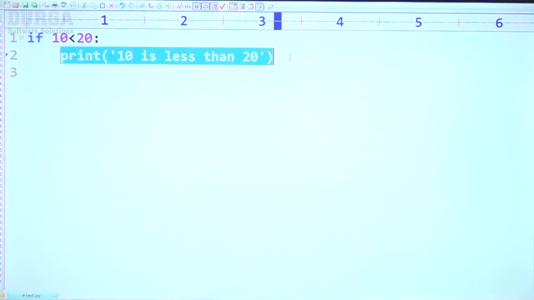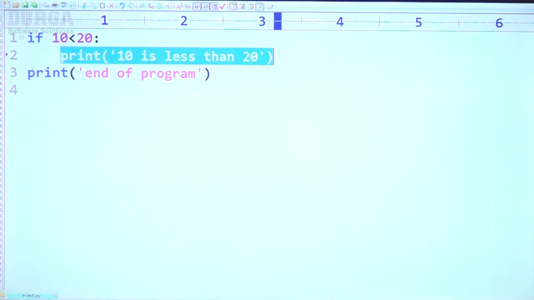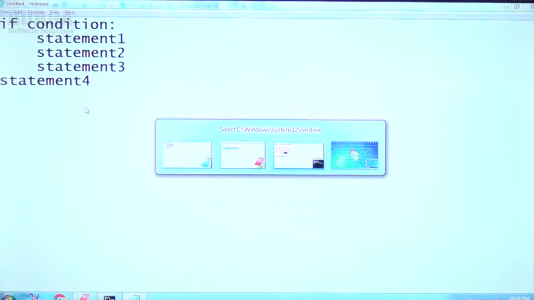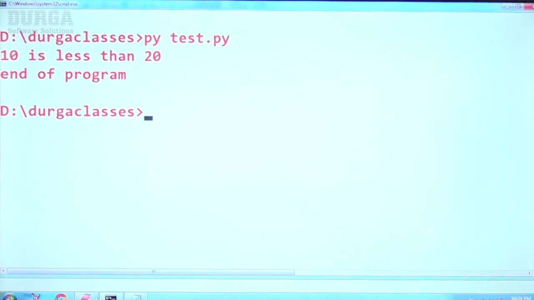Then print of "end of program". If the condition is satisfied, it will execute, and the next is the end of program, with perfect indentation. Now let me execute this code. 10 is less than 20, end of program, right?